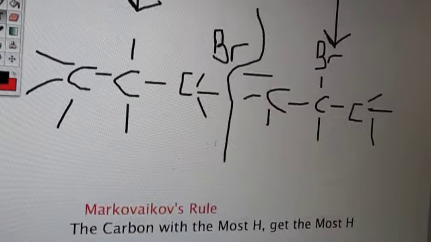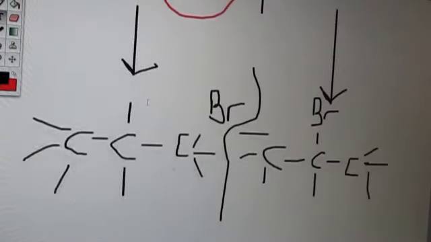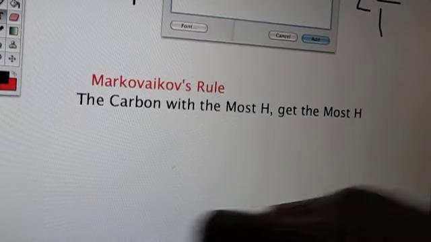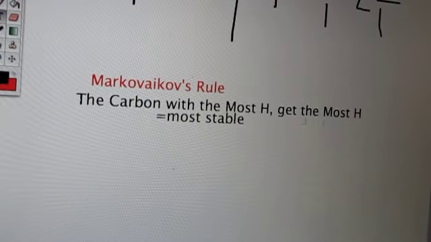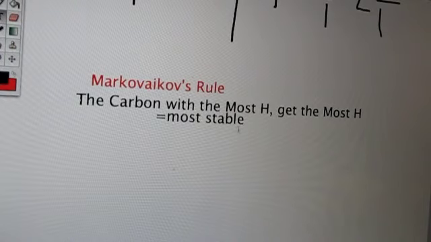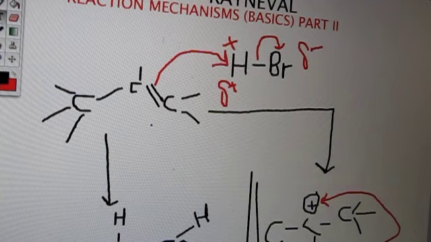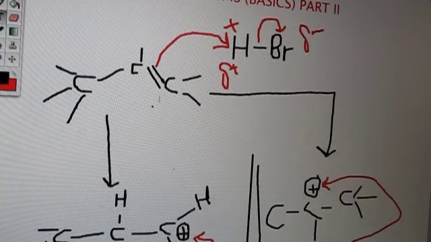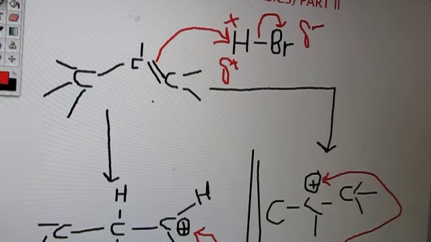And what that means is in this reaction, the most stable product, so this equals most stable, carbon with the most hydrogens gets the most hydrogens equals the most stable. That basically means that of the two products formed here, the one which has the hydrogen that goes to the carbon with the most hydrogens is the more stable and is what is known as the major product. So one hydrogen